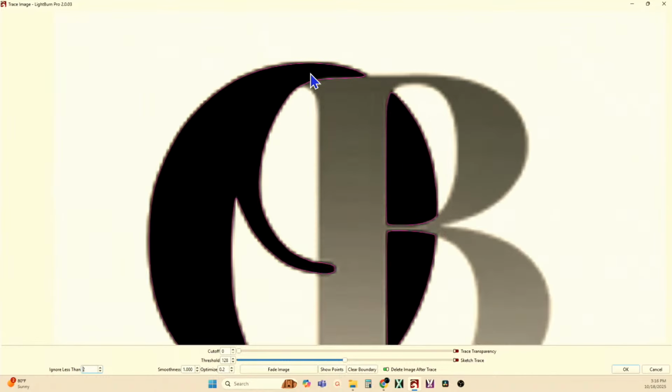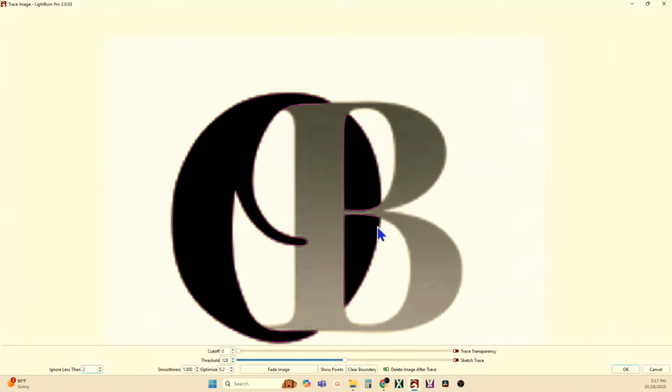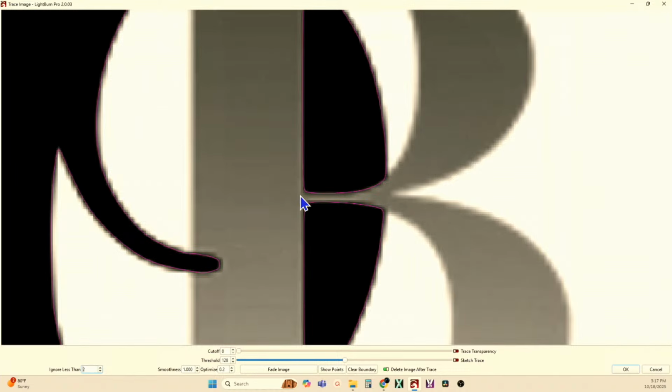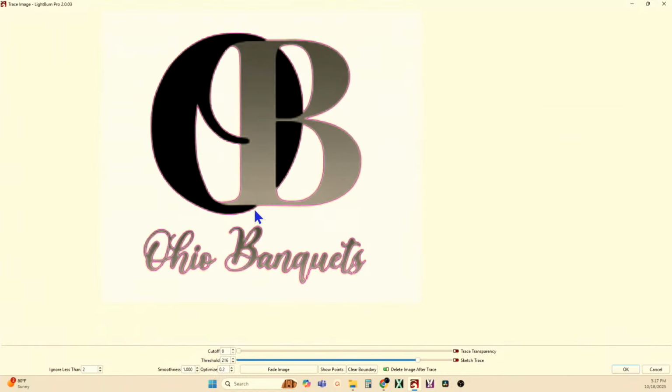And it looks like I've got all of the O more or less, but it's not picking up the B at all. Because in here, what it's picking up is the O and not the letter B. So I'm going to increase my tolerance. There we go. And now I'm starting to get most of everything. But what happened by increasing that to get that letter B, the inner part of the O disappeared. So I'm going to play with it a little more